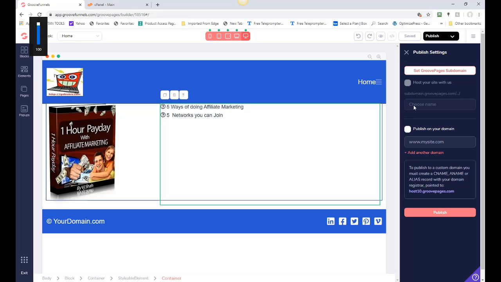But if not, you can always choose the group pages also, where you'll have your page name, and when you click on here, it will give you the URL for your page. But in this case I'm showing you how to publish on your own domain name or custom domain name. So here you change whatever the domain name. In my case, I'll just put it here,